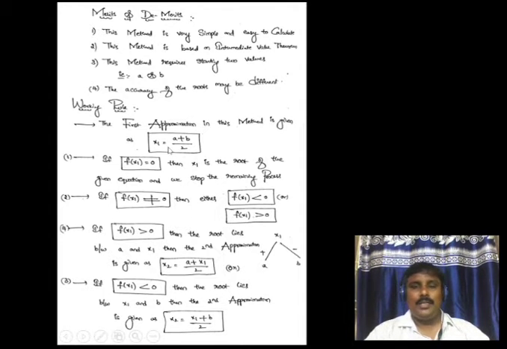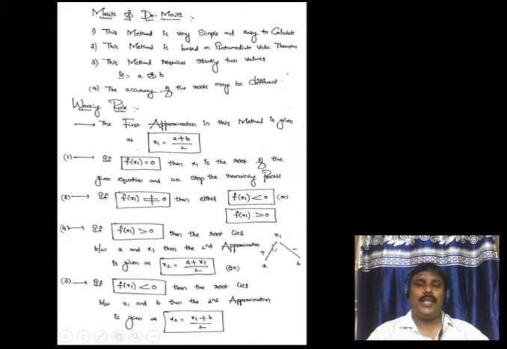So first, the formula for the bisection method is x1 equal to a plus b by 2. If f of x1 equal to 0, then x1 is the root for the given equation and we stop the remaining process. If f of x1 is not equal to 0, then two things may happen: either f of x1 is less than 0 or f of x1 is greater than 0. If f of x1 is greater than 0,